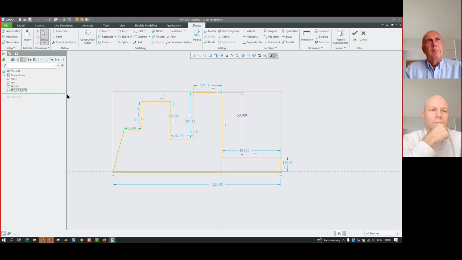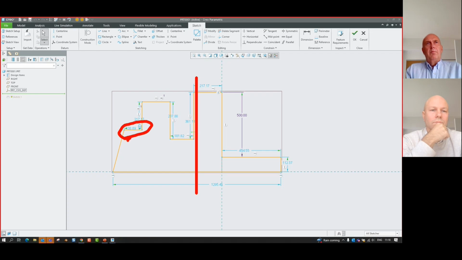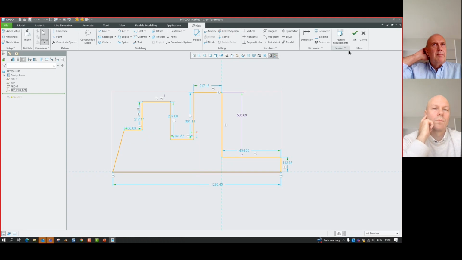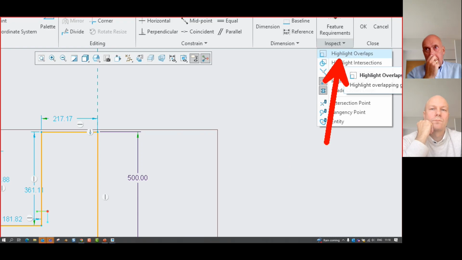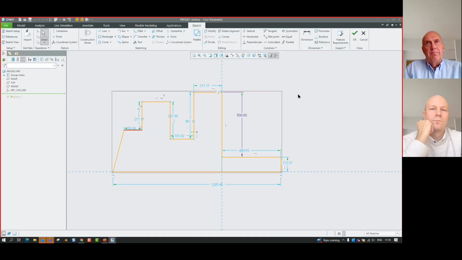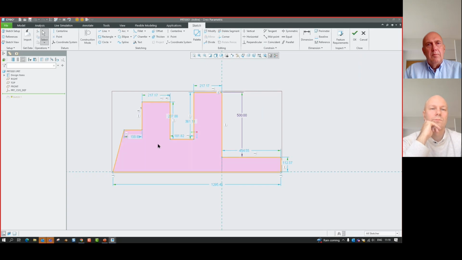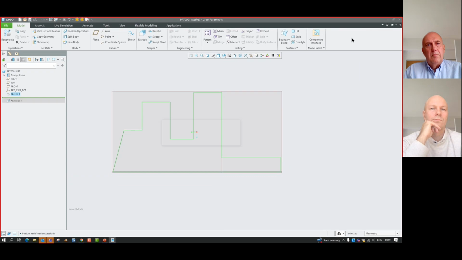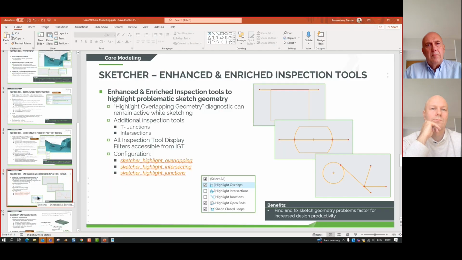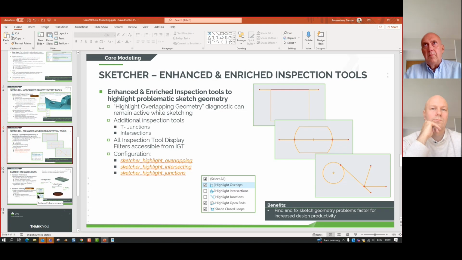Before, what I'd have to do is go back to the sketch, and I would have to essentially split the sketch in half and carry out an iterative process to roughly narrow down which rough area this overlapping geometry lies in. But now it's literally as simple as going into our inspection tools in Creo 9 and saying I want to highlight any overlaps in this sketch. So if I enable this, you can immediately see that the overlapping geometry is highlighted in red, and I can just simply delete this overlapping geometry, and now my sketch is complete. So those are the improvements that I wanted to talk about from a sketcher capability.